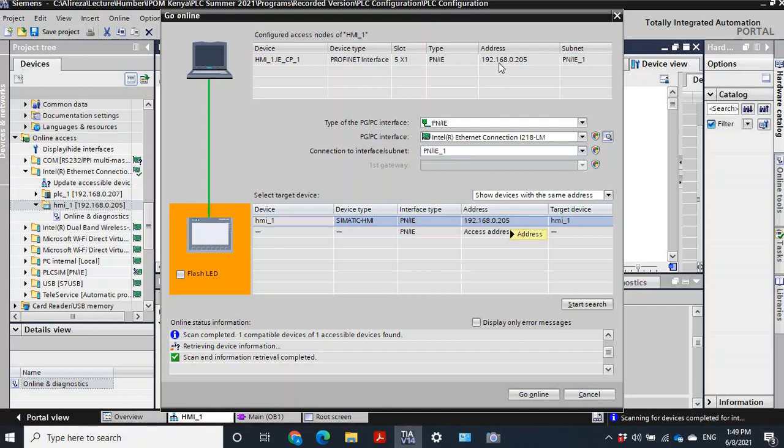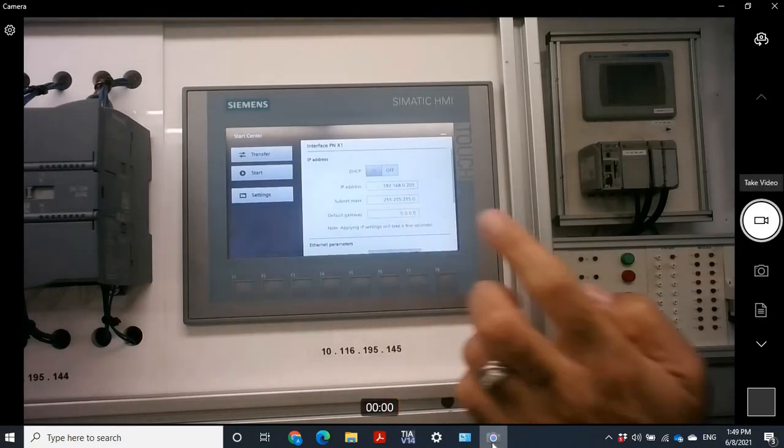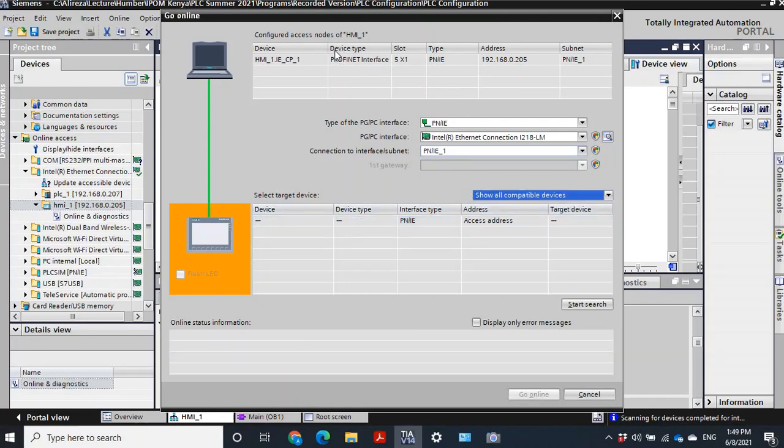But if the address that we set here is not exactly the same as the address that we define in our program, then it cannot find that. In that case, it's better to select the compatible. So it looks for any compatible